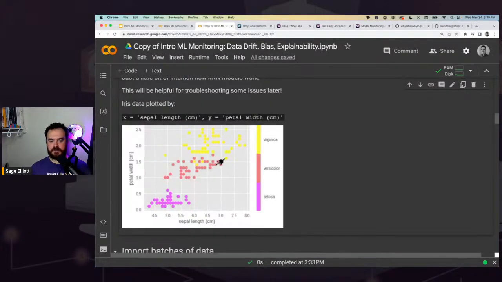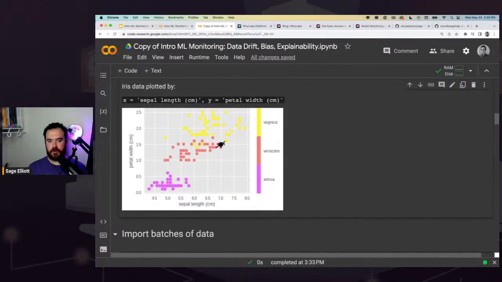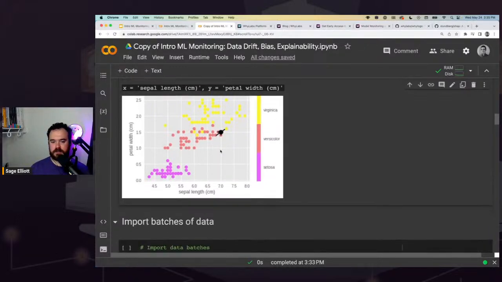Okay, so now we have a trained model. We understand a little bit of intuition how it works. It looks at the closest ones, and this is going to be important when we want to debug our model in production. And this is why it's important to know, even though you don't need to know all the math behind a machine learning model if you're using something like scikit-learn or TensorFlow to build these models, it is important to know the intuition of how they work, because when you want to look at behavior in production, it's going to be very important to at least have an intuition of what's going on.